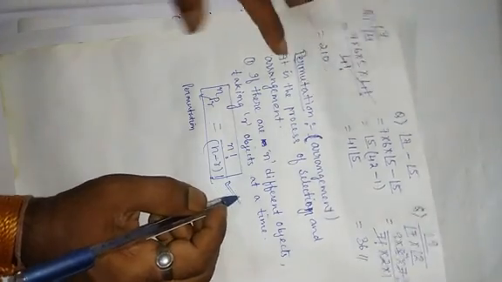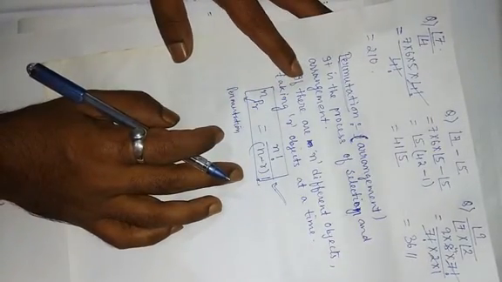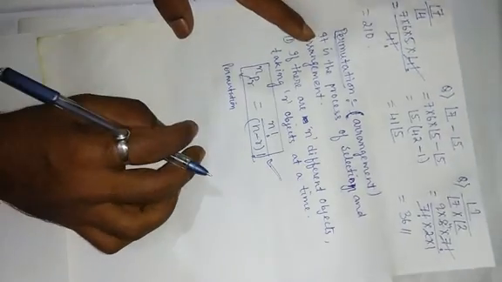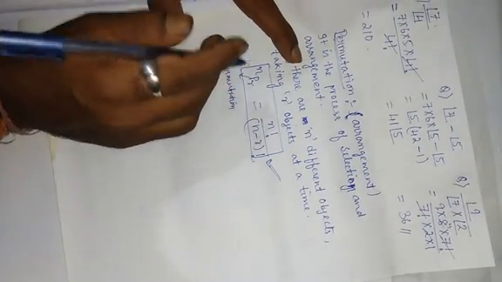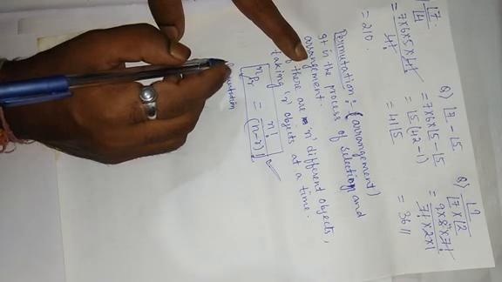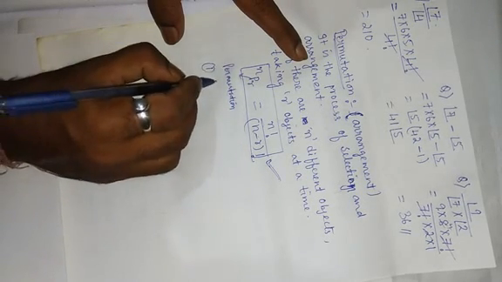Now let me solve few maths based on permutation formula. Seven